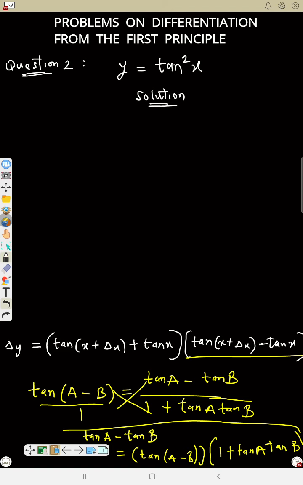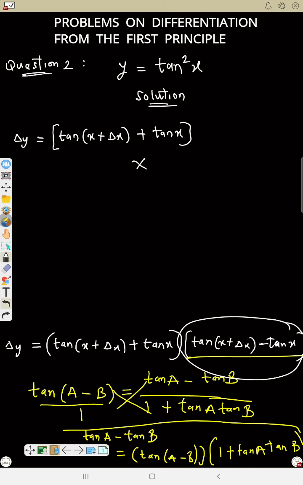So this will become dy is equals to tan x plus dx plus tan x times, and I want to write this instead of this, so I'm using this identity to express it. So that will be times